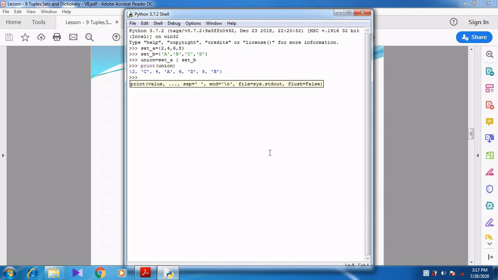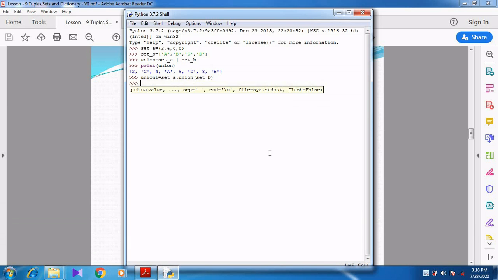I can go with another one, union1 is equal to, I can go with the function, set_A.union function, set_B. So using the union function I am going to combine. Now I am going to use the print function.